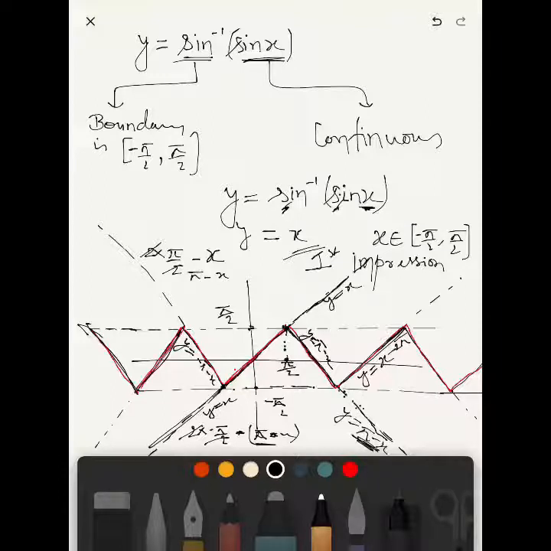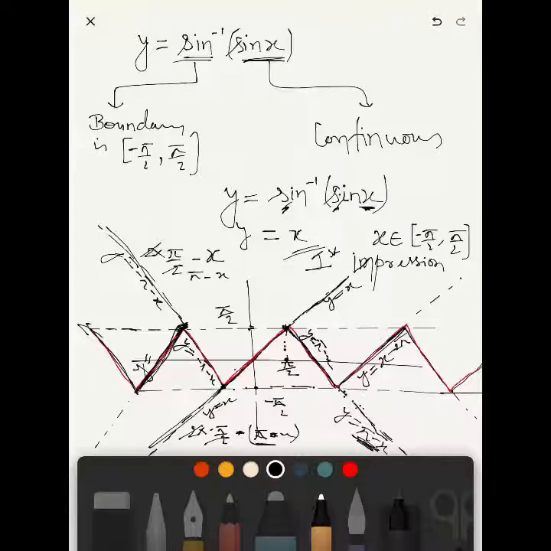So just write the equation of this part. How will you write? What is this line? This line is y equals, say, y equals minus pi minus x, okay. So what is the boundary here? Your boundary here is pi by 2, isn't it? So 2 into pi by 2, 2 into boundary will be pi, okay. 2 into pi by 2 is pi minus graph. So the equation of this line will be y equals pi minus graph.